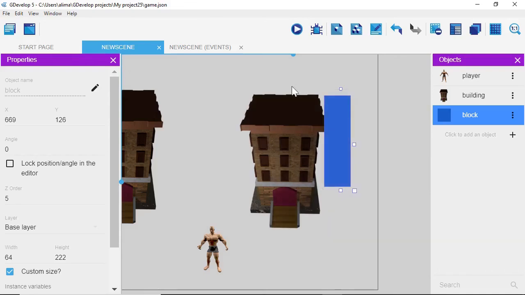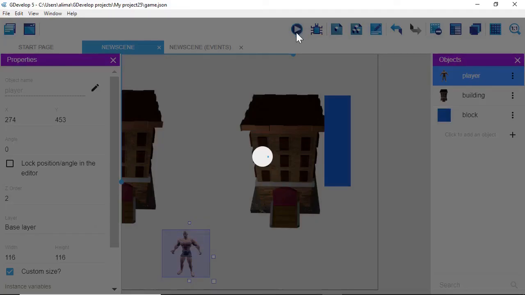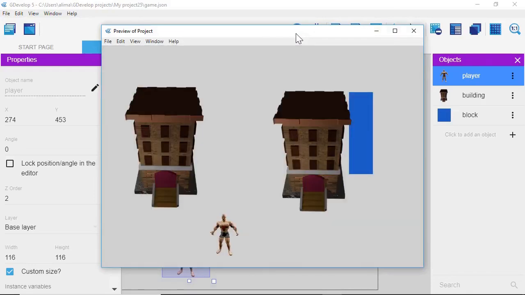So let's see if this works. So I'm going to press the preview button. So now we have our character go over, pressing the arrow keys, go up, and then you can see our character disappeared